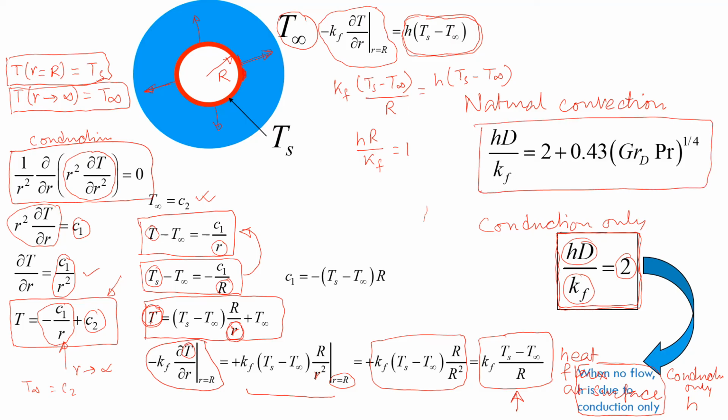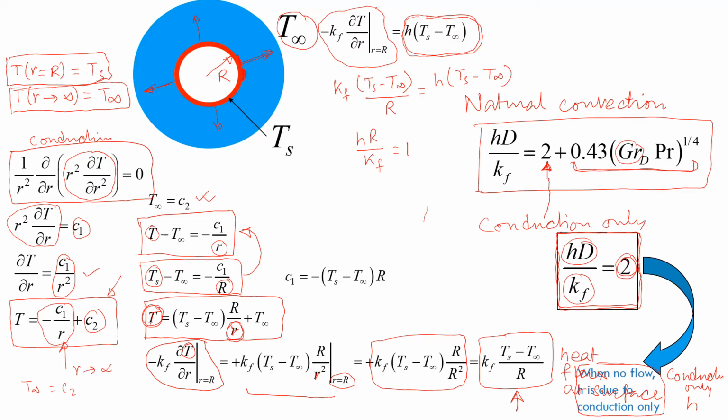You notice the interesting part. This formula has two parts. One is this 2 and then plus some quantity. So for natural convection, this 2 part comes from conduction. So this conduction gives the first part, and then the flow effect, you notice it has this Grashof number that